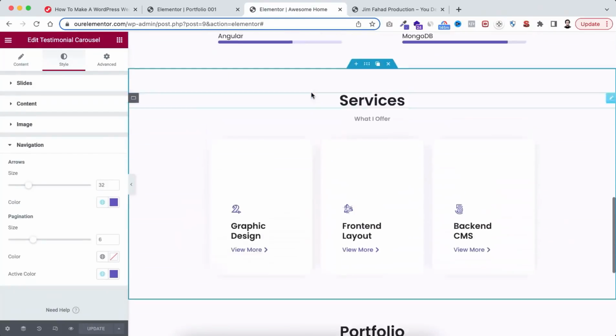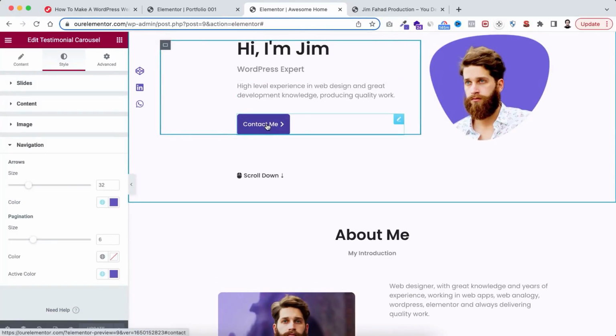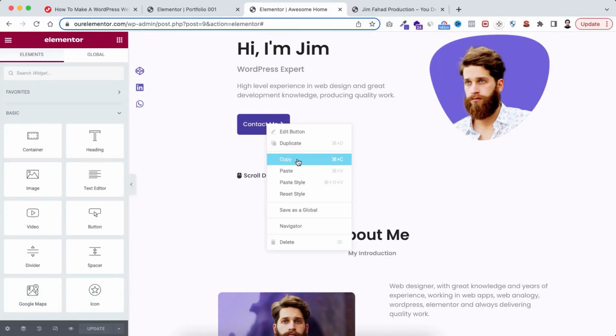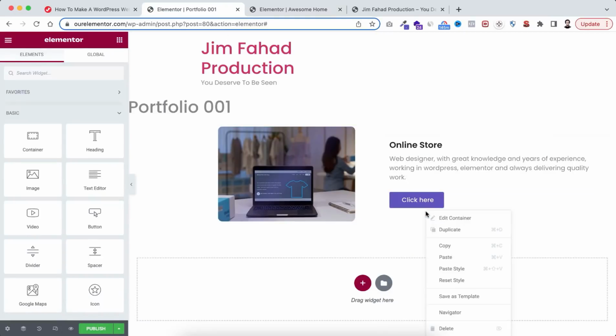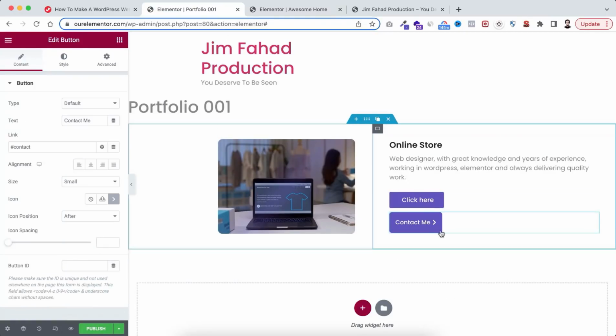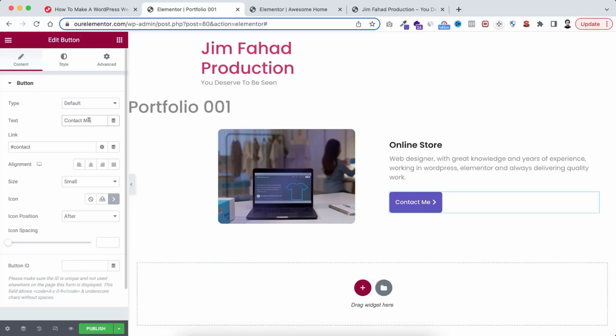So from this page, if we just right click on this button, then click on copy, go back to our portfolio 001 template, just right click here, then click on paste. Okay, we can easily customize this button. So I'm deleting this one. Now here, instead of contact me, I just want to simply say demo,